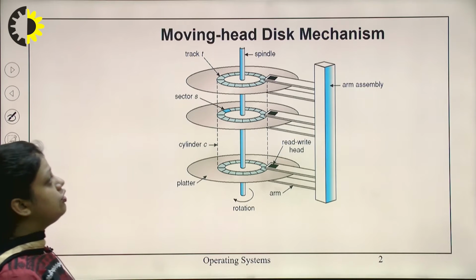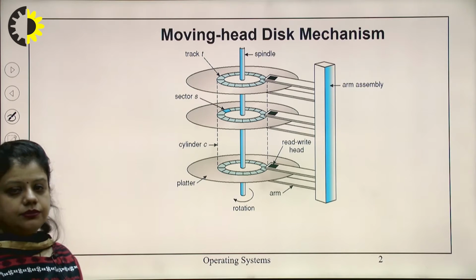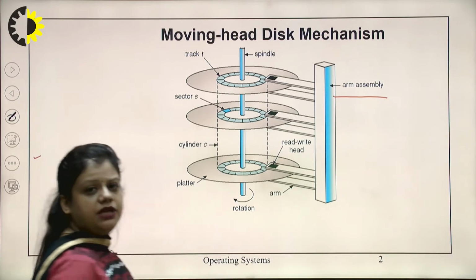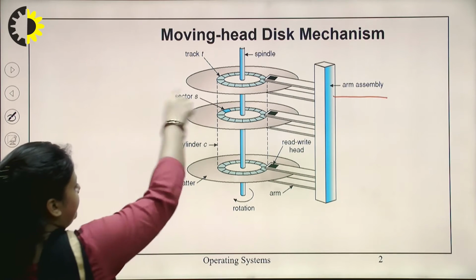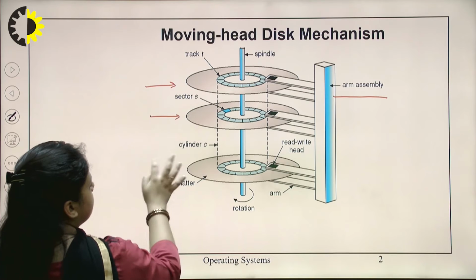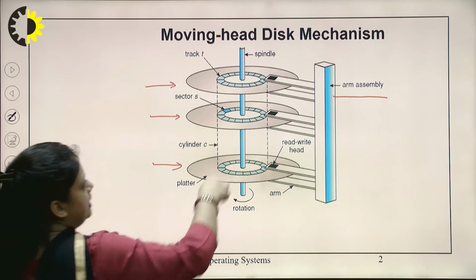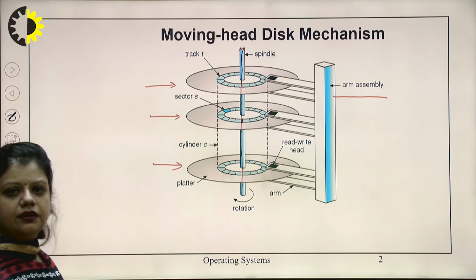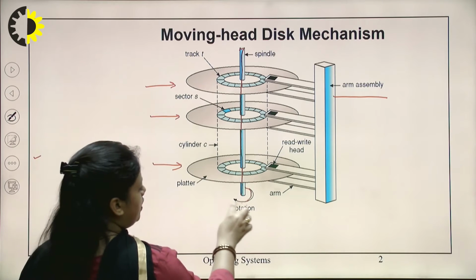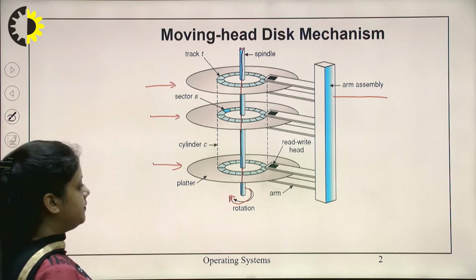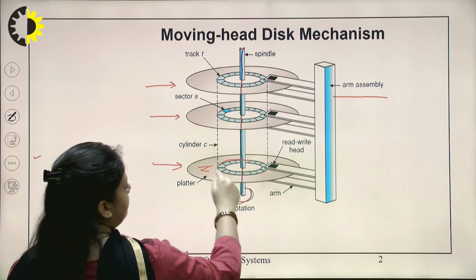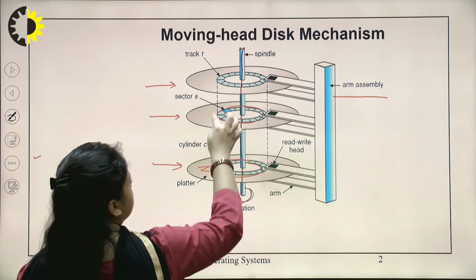This is the picture of the moving head disk mechanism. Here we can see the arm assembly. These are the different disks, and across them is the spindle. This center axis is known as the spindle, along which the rotation of the disk takes place. This is the platter. Then we have the cylinders,